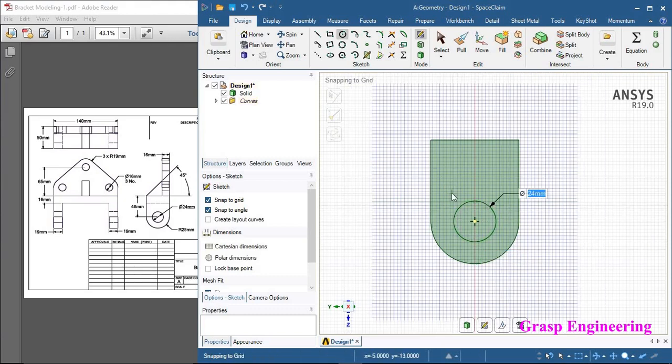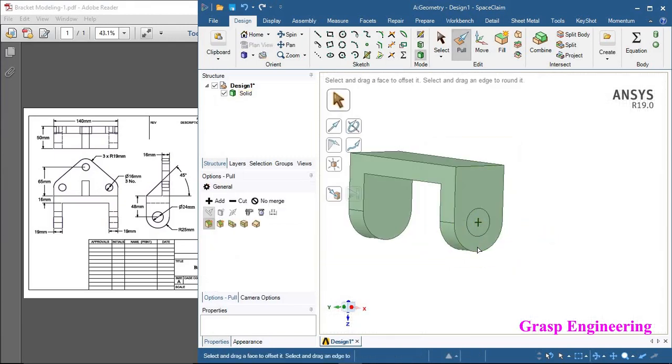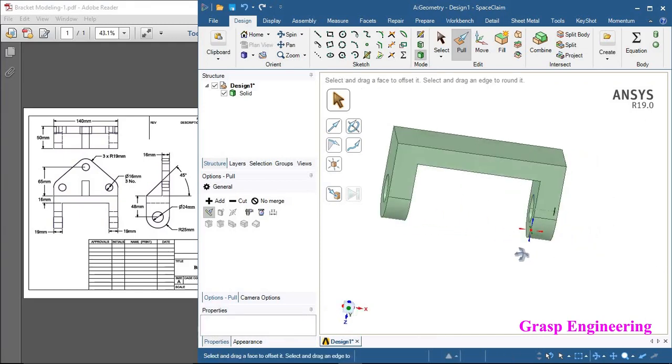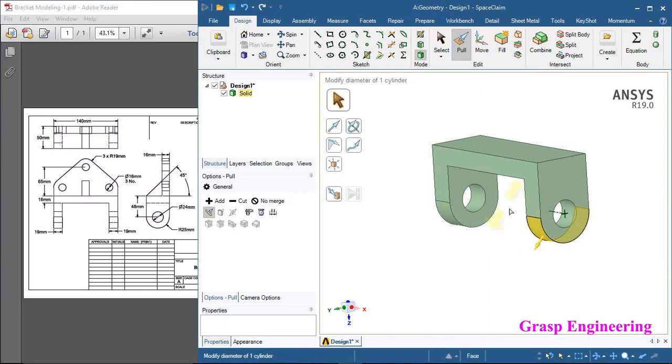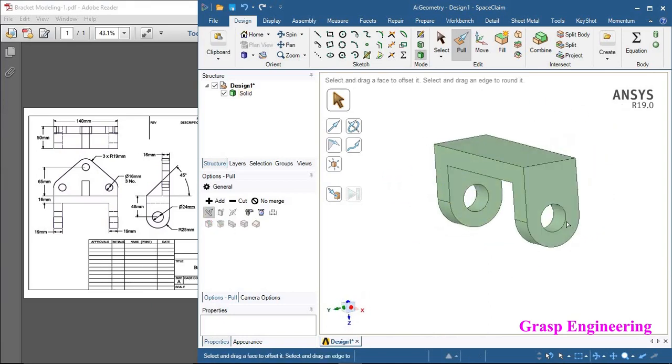Once your circle is created, go to pull and select that face. If you move to the positive side, you will find it is adding. If you move down to the negative side, it is removed, performing the slicing and creating the hole.